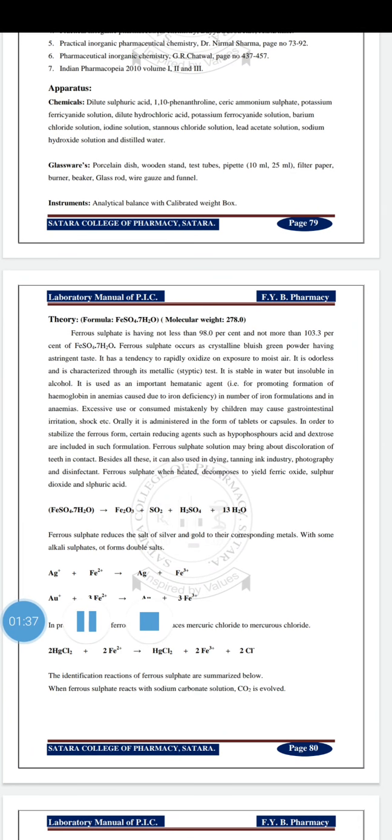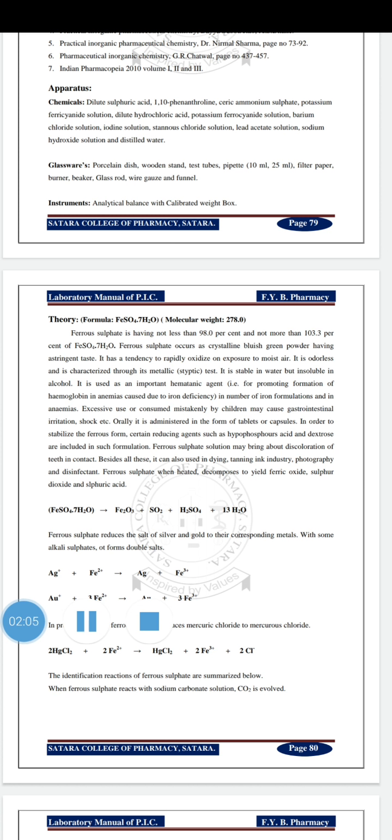Then ferrous sulfate occurs as a crystalline bluish green powder having astringent taste. It has a tendency to rapidly oxidize on exposure to moist air. It is odorless and is characterized by its metallic taste. It is stable in water but insoluble in alcohol, and it is used as an important hematinic agent, that is